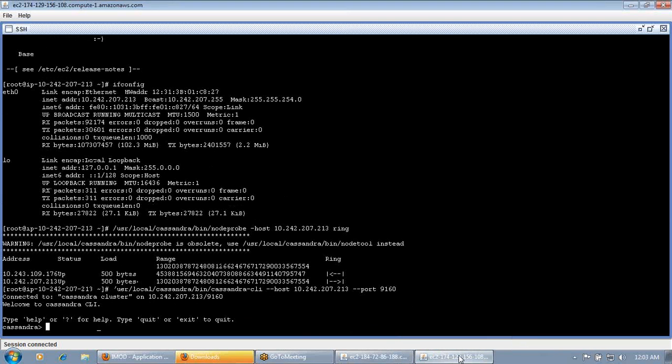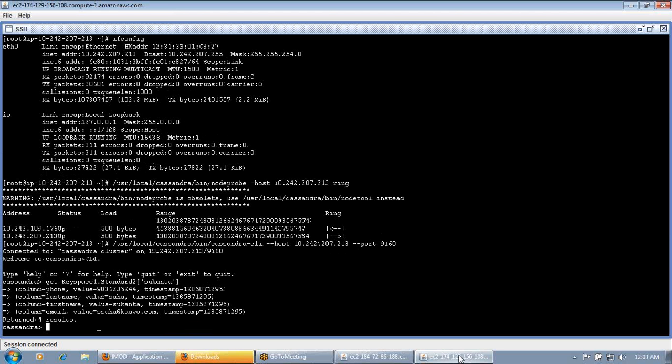Let's check the other server. Here also the data is getting replicated. So in this way you can see that data is inserted into both the Cassandra servers.